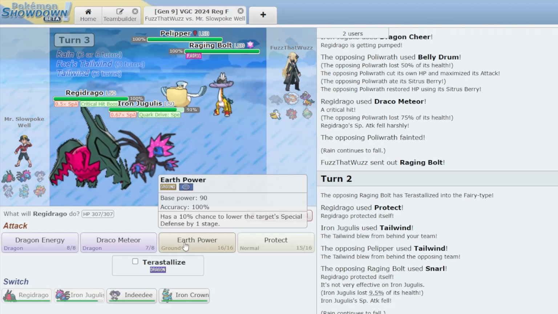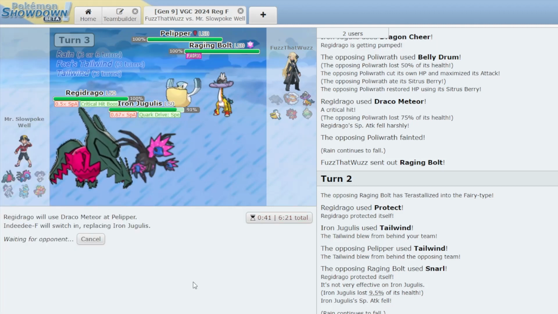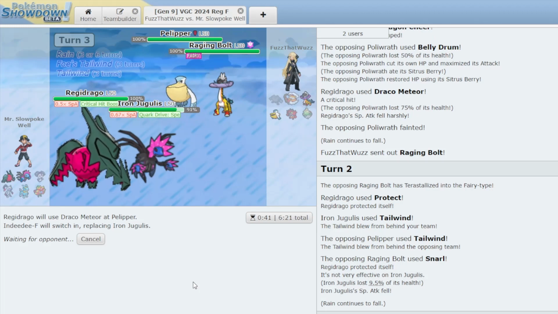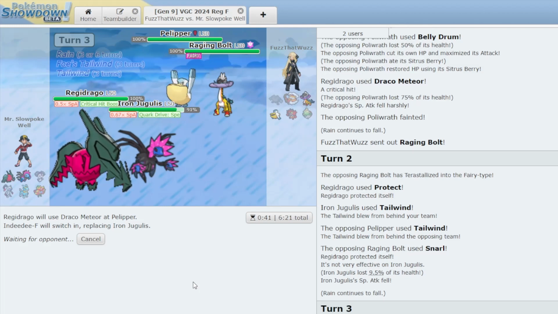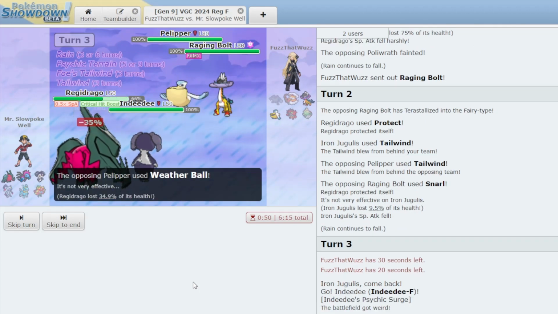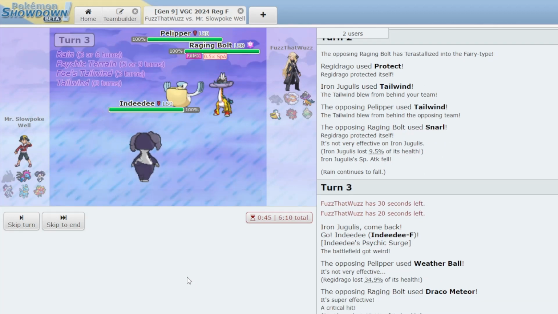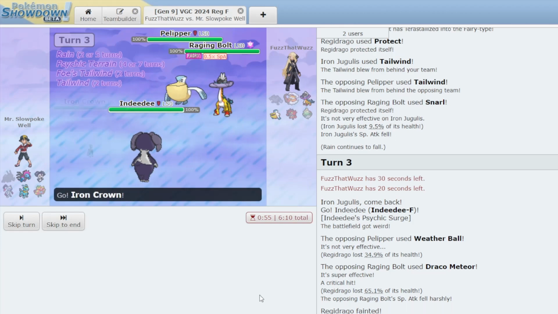I'll just Draco Meteor the Pelipper and switch to Indeedee, and hope that they let me get off more attacks with Regidrago after this turn. Hope they don't one-shot it. They're really thinking. Okay. Weather Ball into my Regidrago, resisted, but still does a lot of damage, and they drop their own Draco. Fair enough. And here, of course, I've let the Wide Guard Pelipper live, so I can't throw off an Expanding